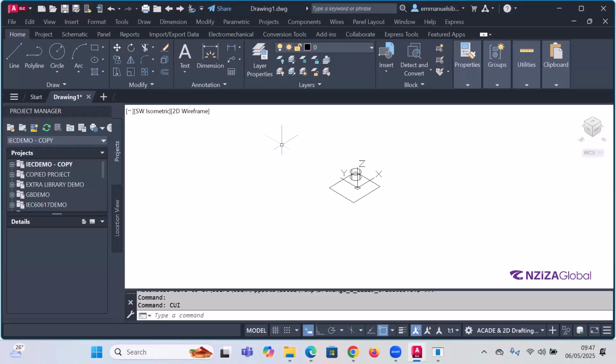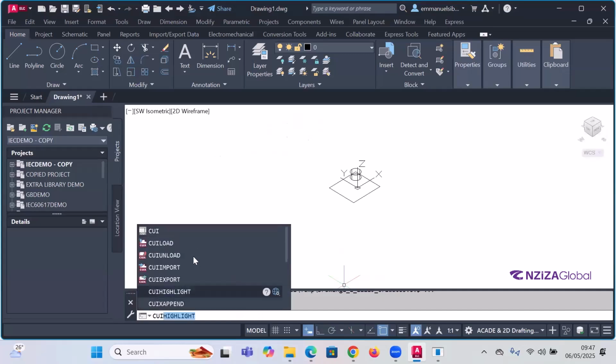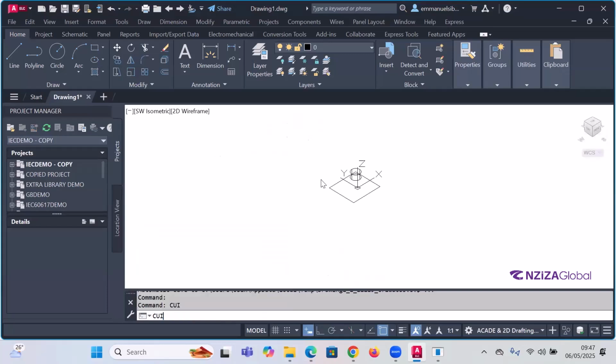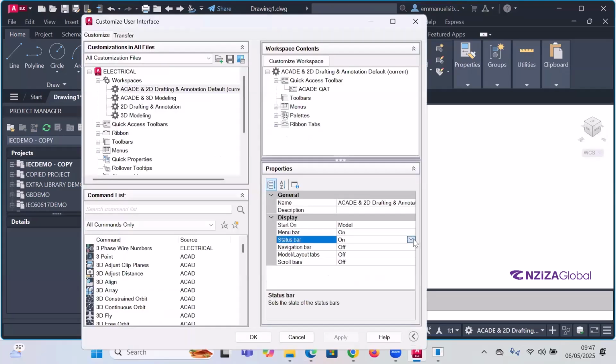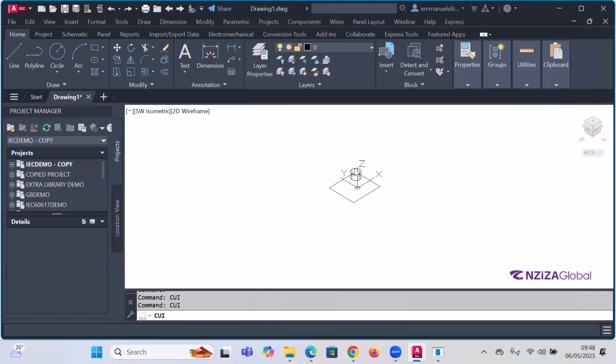When I activate that customize user interface, you can go there by choosing here. You can switch this off. When you turn it off, it means